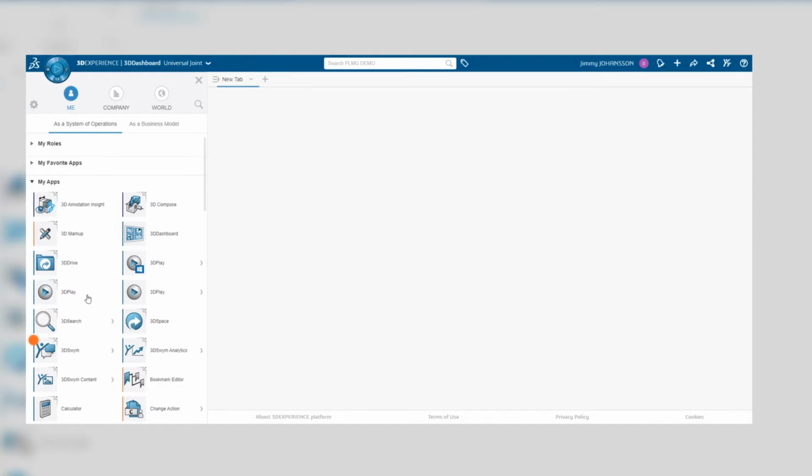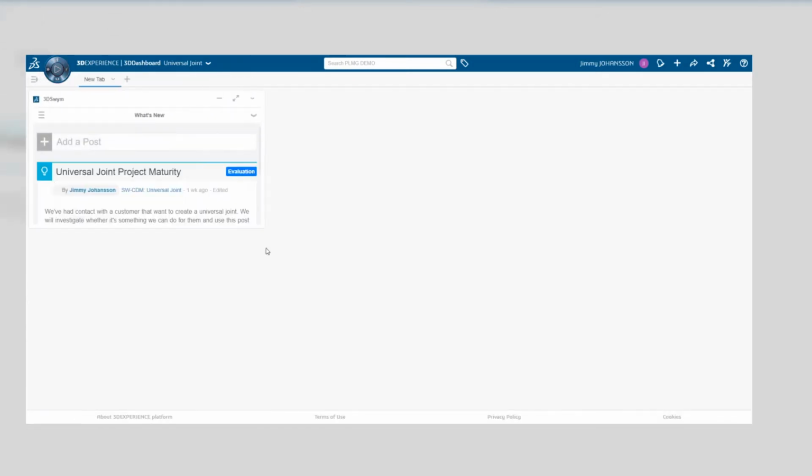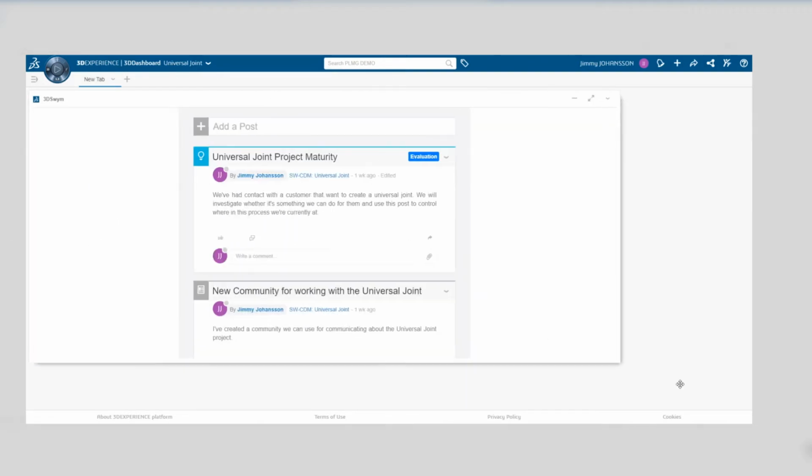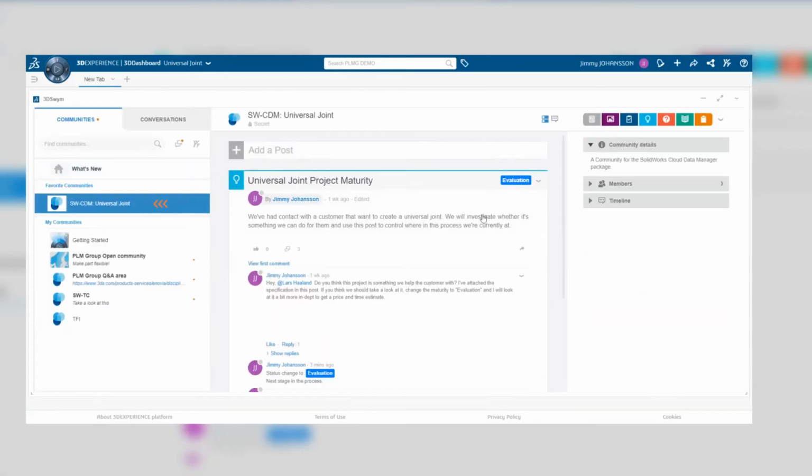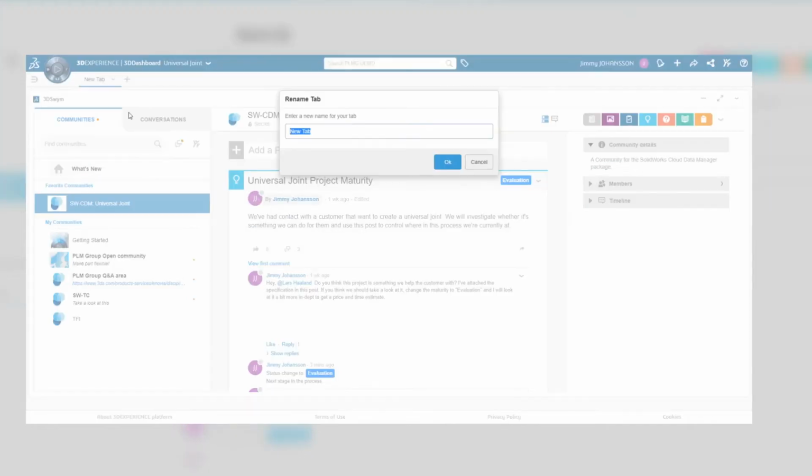So select the 3D Swim application and drop it into your new dashboard. Then resize it so you can see the content within the application and select the community you want to display. You can also rename the tab to make it easy to understand that this tab in this dashboard displays the